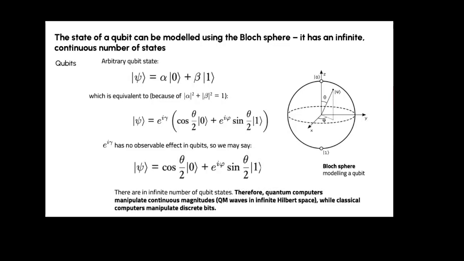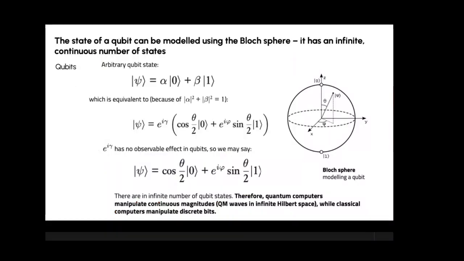Okay, now before you move on, at the bottom of this screen you have: quantum computers manipulate continuous magnitudes, quantum mechanical waves in infinite Hilbert space. Yes. Now, quantum computers are technological devices, devices which can be understood also from the perspective of ordinary common sense. So, what is the sphere in this? In the sphere, when the qubit gets manipulated,